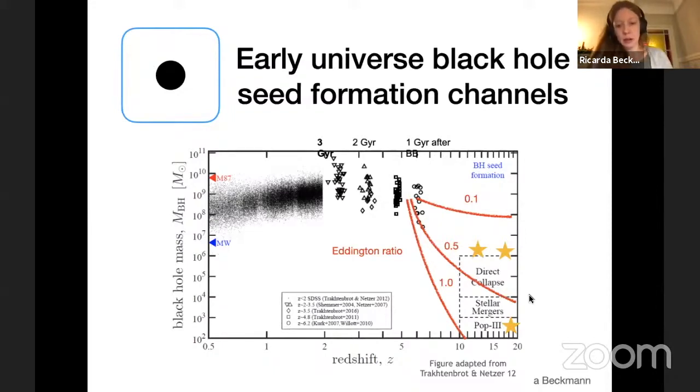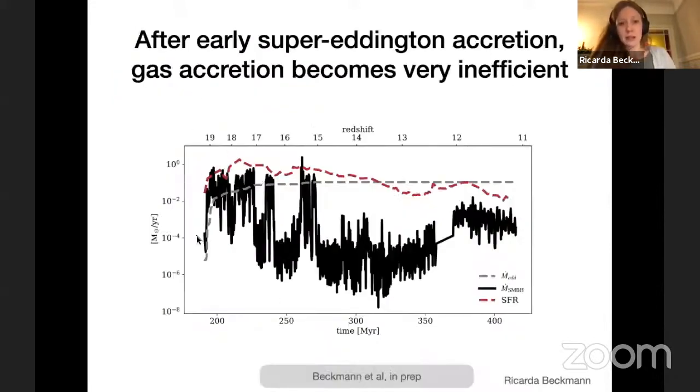And in fact, if you look at the black hole accretion rate, you can exactly see that there was a very, very high initial growth rate. As expected, the black hole was born in a high gas galaxy. But then very quickly, over time, we get these incredibly low accretion rates. This is the Eddington accretion rate here in gray. So you can see that the ratio between the black line and the gray line drops very low. And black hole growth effectively stops after the first sort of 50 mega years of evolution.